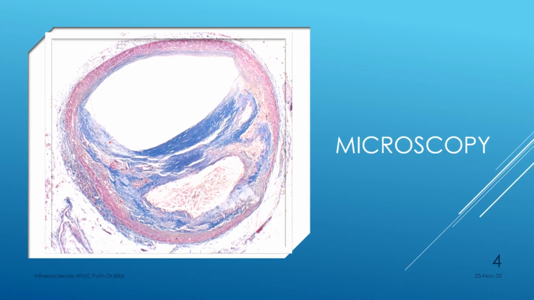Okay, now we talk about microscopy of atherosclerosis. This is a cut section of an atherosclerotic plaque. Now, this is the vessel itself, and this is the area where an atherosclerotic plaque has developed. This is the lumen of the blood vessel. And this area is the necrotic center of the atherosclerotic plaque, which is comprised of different kinds of lipids. And this area is the fibrous cap. So this here is the lumen, this here is the fibrous cap, and this is the necrotic center containing different